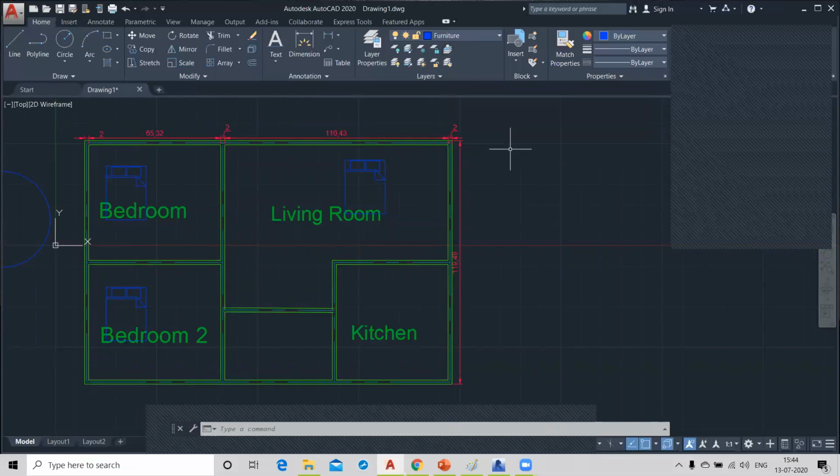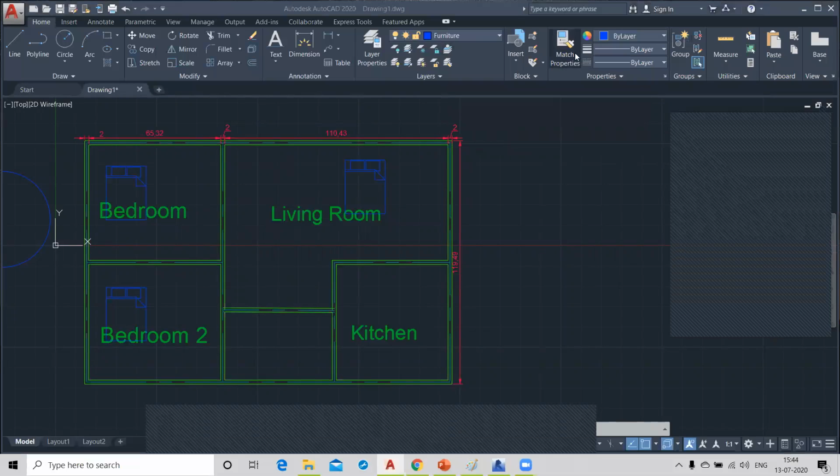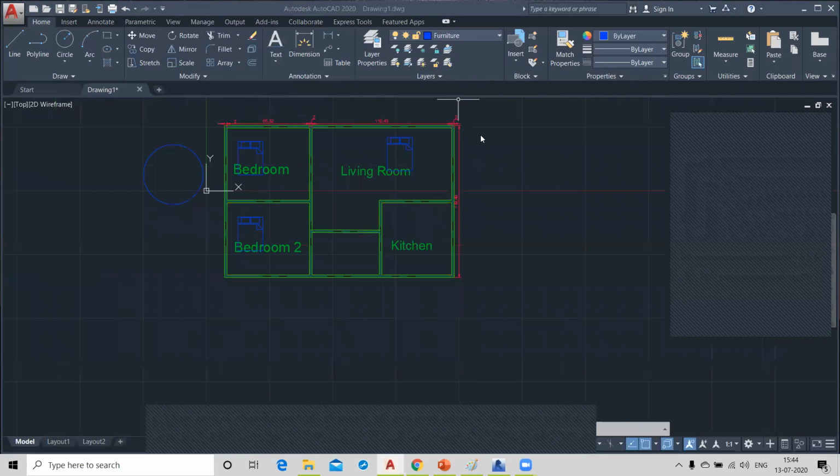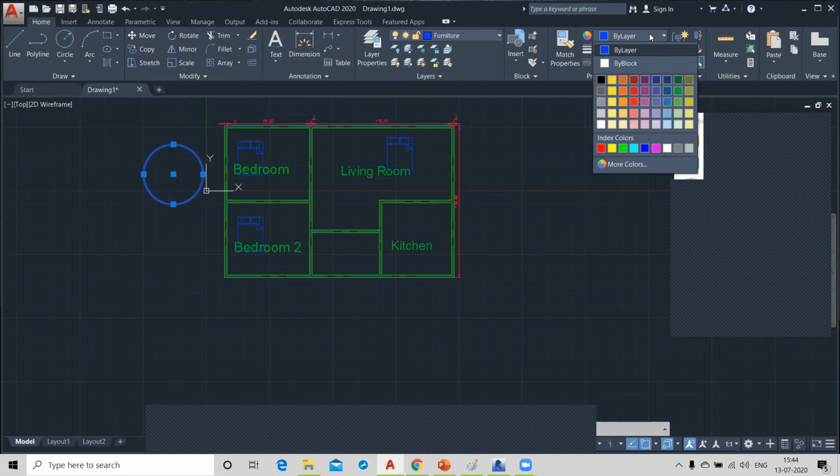Okay. So see, now this is your properties option. In the properties, you can see the color is ByLayer, the line weight is ByLayer, and the line type is ByLayer. It means it follows the layer properties. If you want to change anything apart from the layers, this circle is drawn in the furniture layer, so you can change the property of your circle.